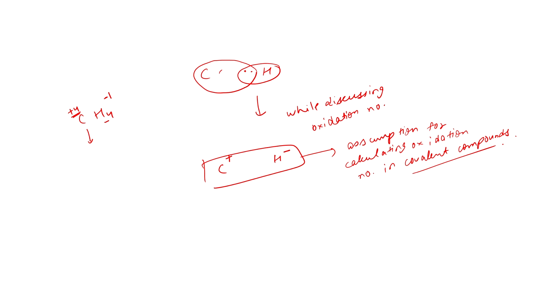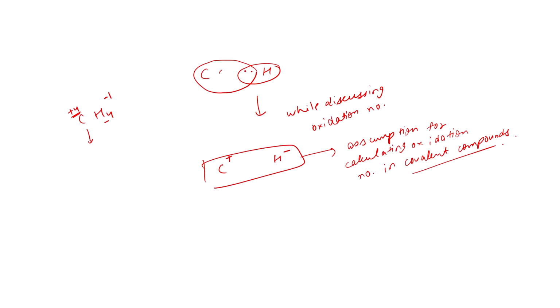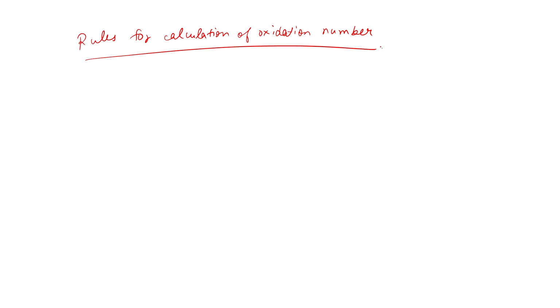Now, this seems simple, but there are several complex molecules and calculating their oxidation state gets a bit difficult. So, there are certain rules that have been assigned, so that it becomes easy for us to calculate the oxidation state of any element in any compound. Let us discuss those rules for calculation of oxidation number. What the first rule is,